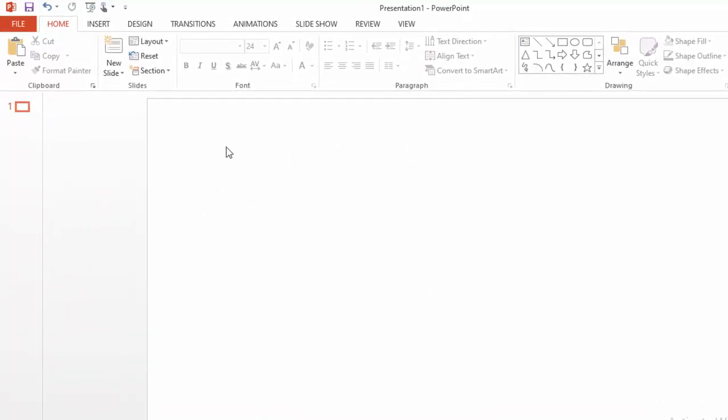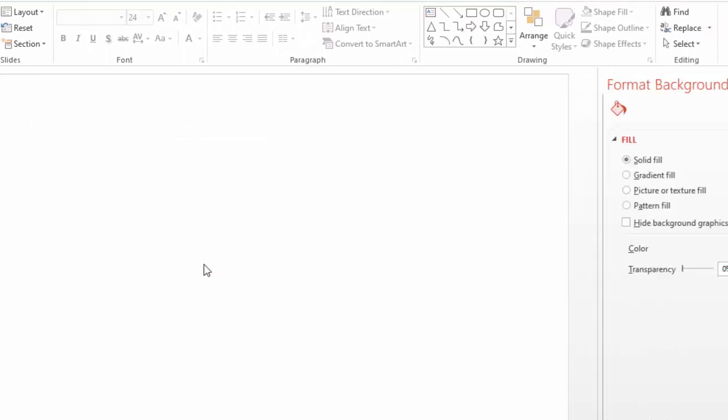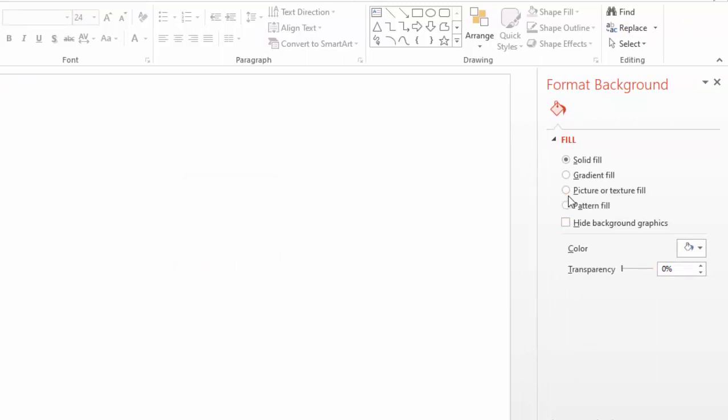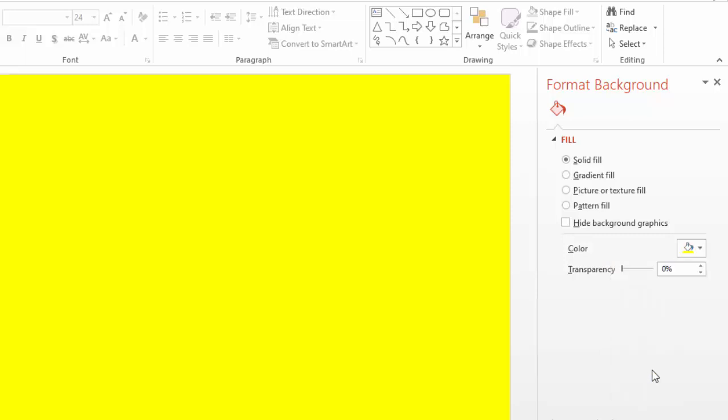The first thing is to give this slide a background. I'm going to right click on the white slide and choose format background. Then here there are different types of backgrounds you can apply. The solid fill means a solid color. You just change color here. For example, if I choose yellow, the whole slide is covered with one color,